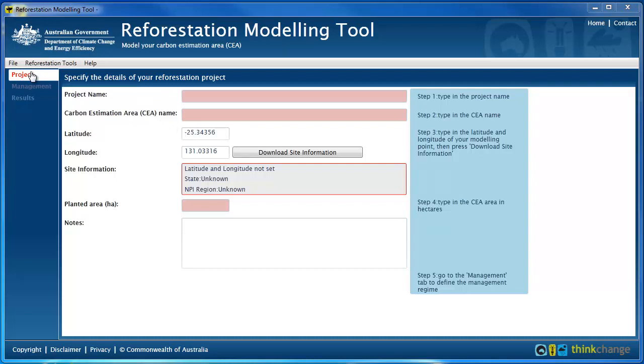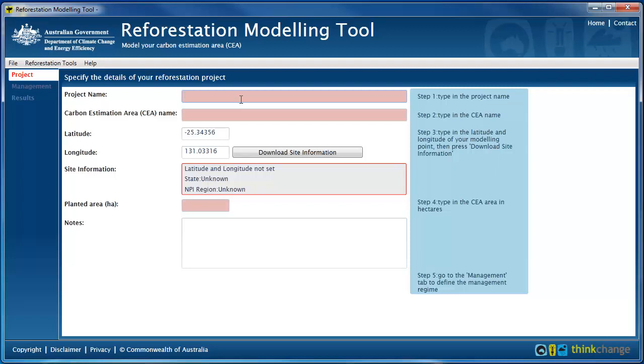Here I have to enter some of the key information about my project. If you use the mapping tool or even watch the mapping tool tutorial, you will be familiar with the naming conventions I use here. If not, I am naming the different carbon estimation areas within my broader project area. Remember, using the same CEA name is a good idea for all steps of your project.